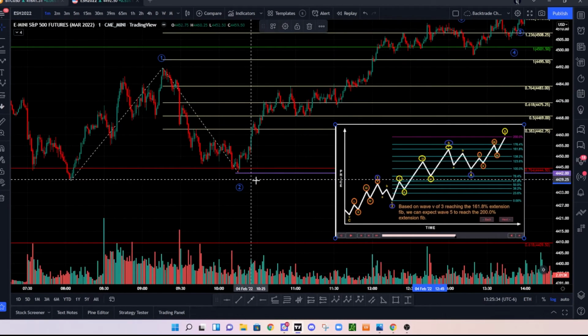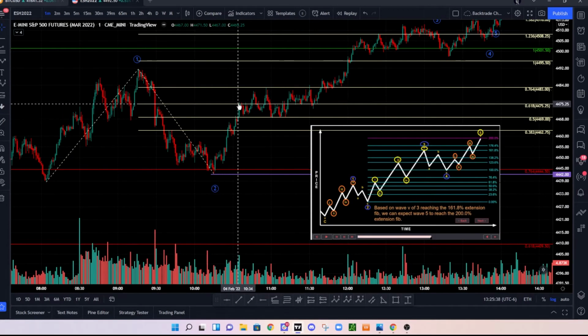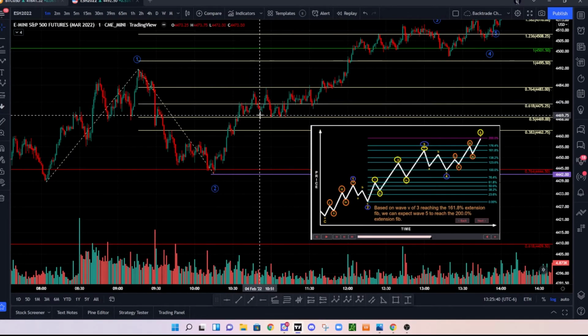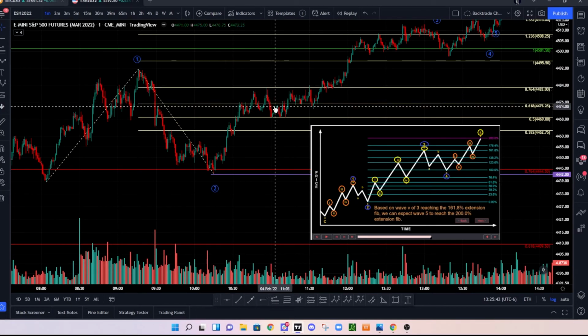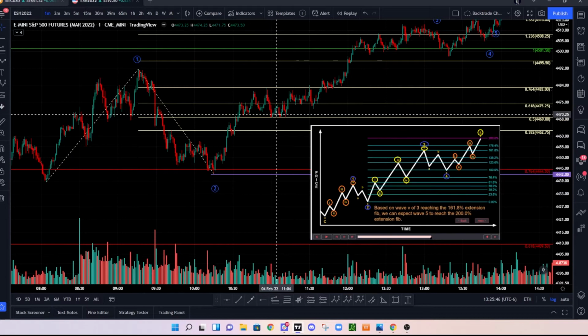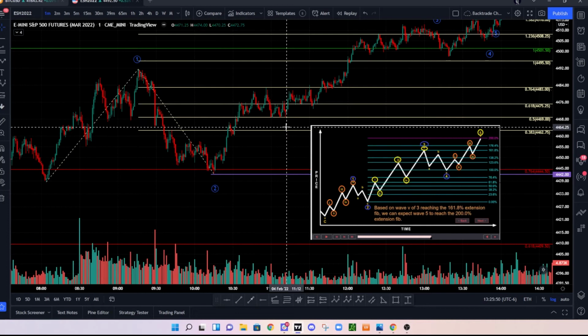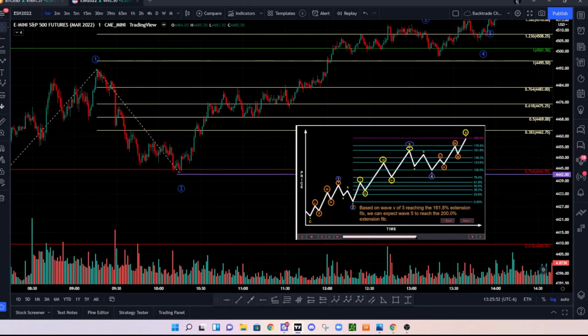And so I missed my entry here, and we traded up, and where did we trade to? Started rejecting right off the 618 here. We got close to the 764, but this 618 certainly seems to be the zone. And so knowing that, we didn't quite retrace down to the 382, which is fine,